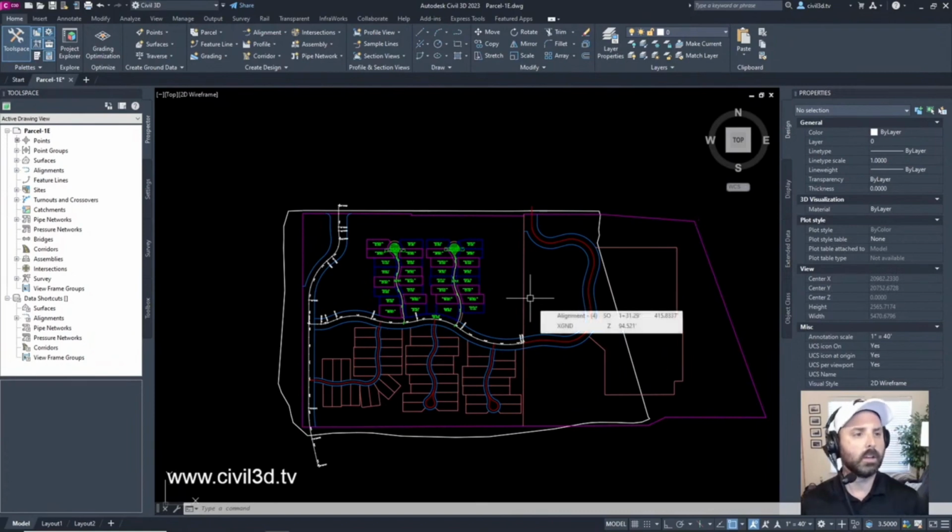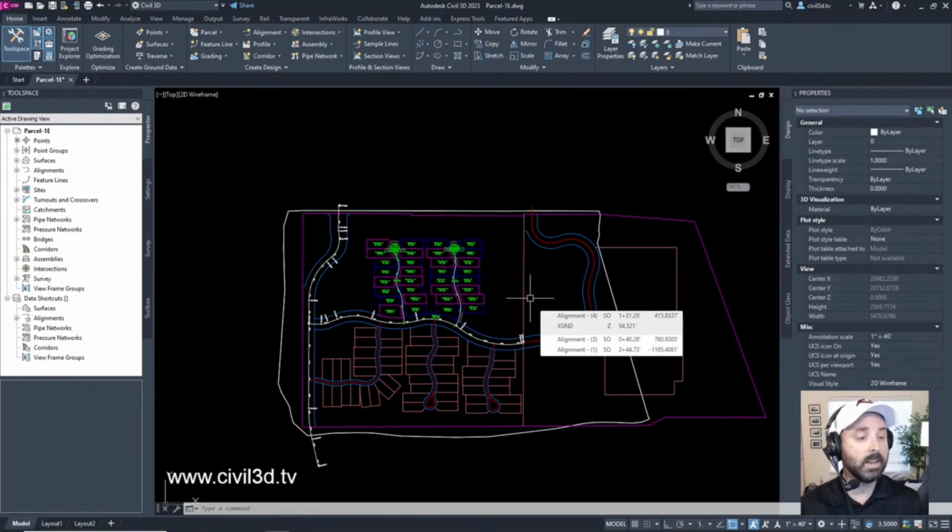We're going to take a look at working with alignments and parcels. In this exercise, we're going to create an alignment outside of a site and move existing alignments out of sites. These practices eliminate unwanted parcels being created by alignments interacting with the site. So the alignment is going to be interacting with different sites here.